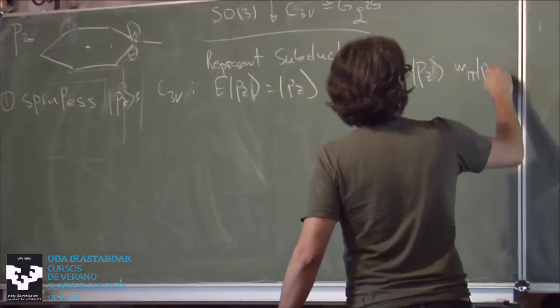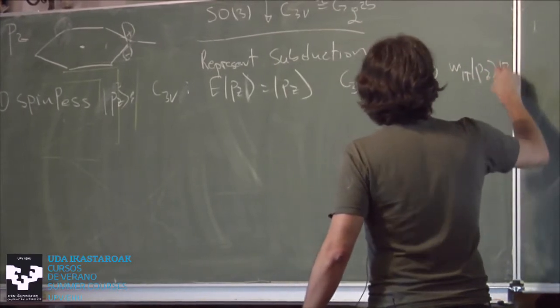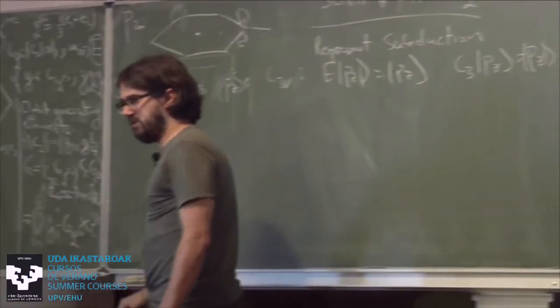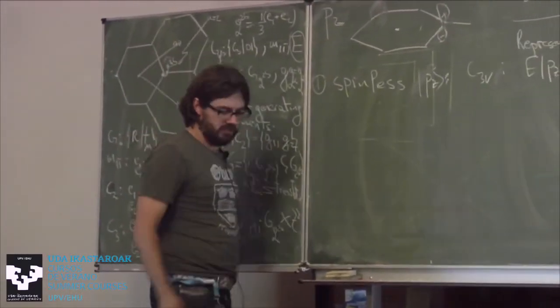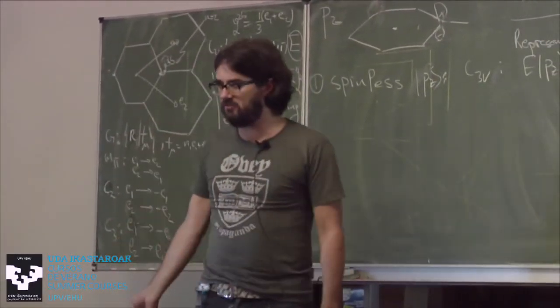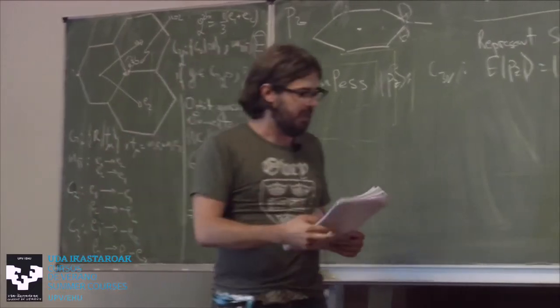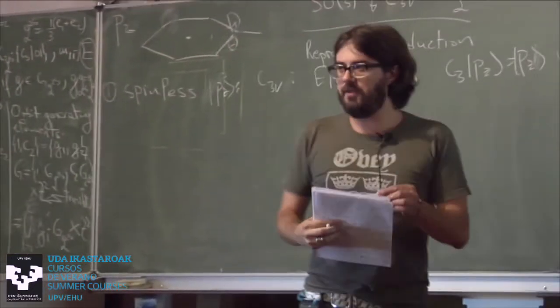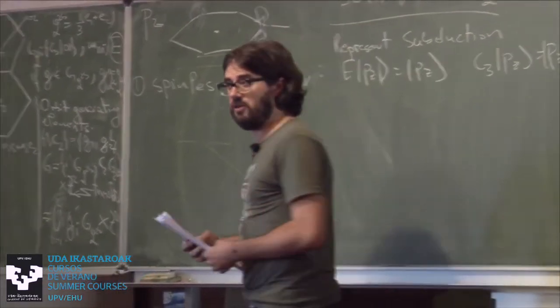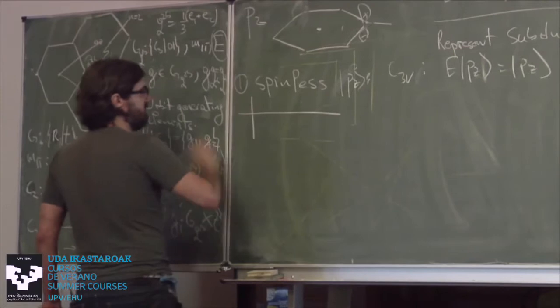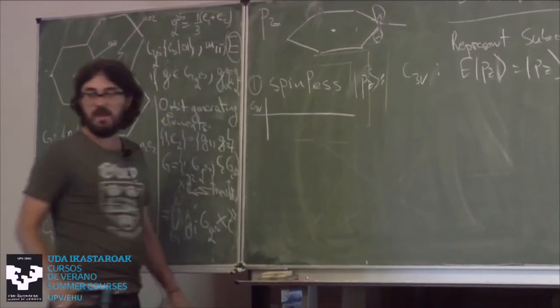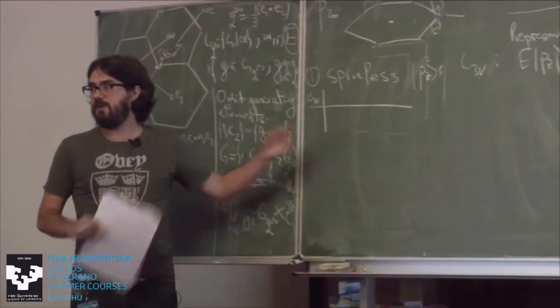for spinless. And of course, we will write these representations through their characters, and this is very important. Representations are just matrices. I'm not going to go through the theory of representation, but representations are just matrices, and they're uniquely defined by their characters, which are the trace of the matrix. So we're going to write the representation for C3V. And by the way, this C3V is a group.